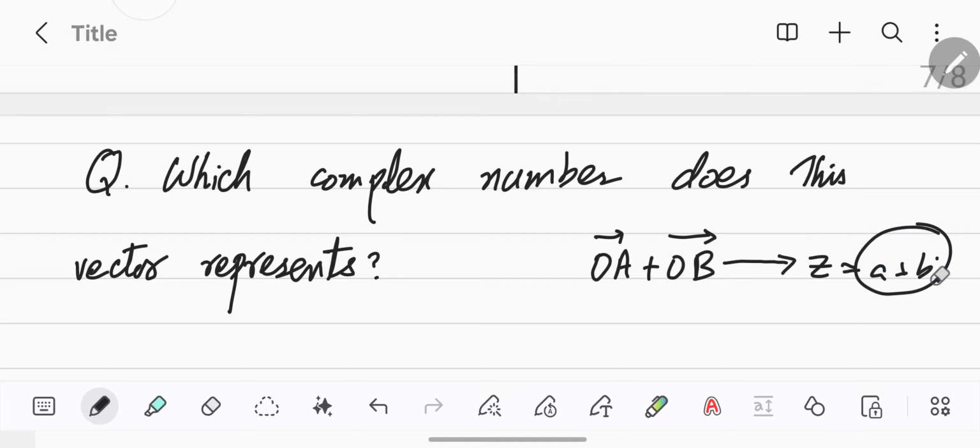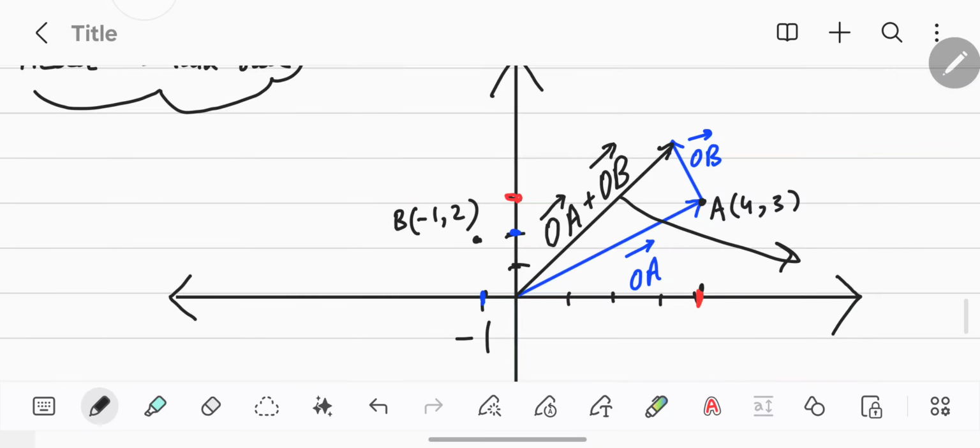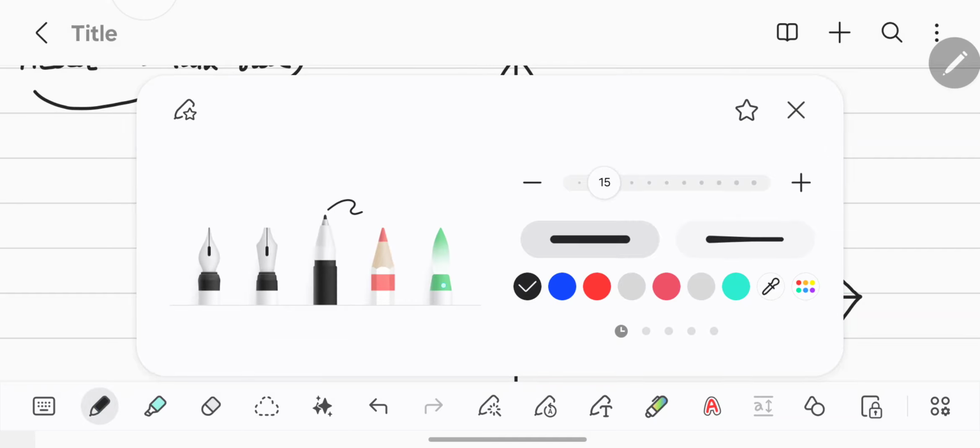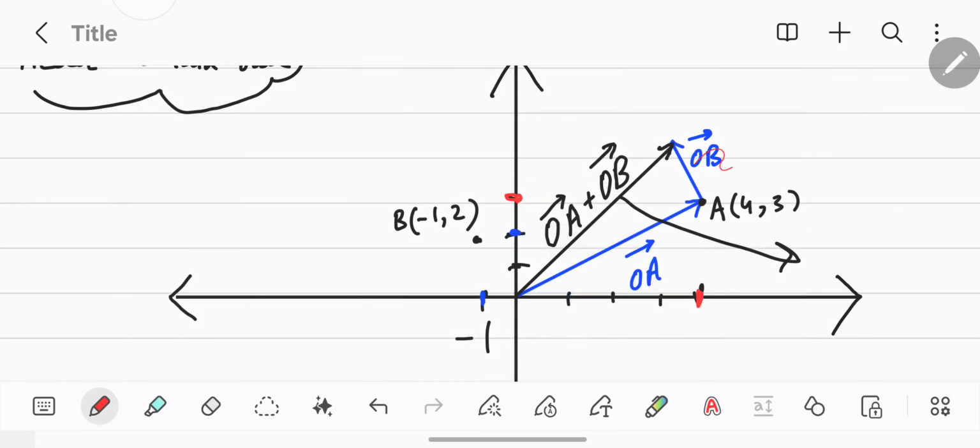You need this complex number. What is this? So if we look at the diagram, we have to check the coordinates of this point. What are the coordinates of this point? If we draw the straight line here,